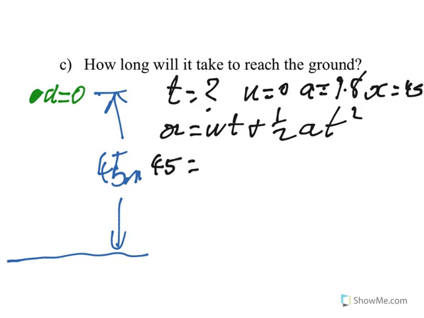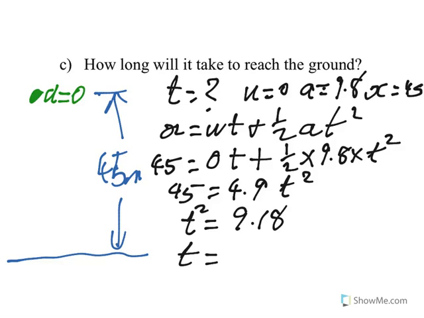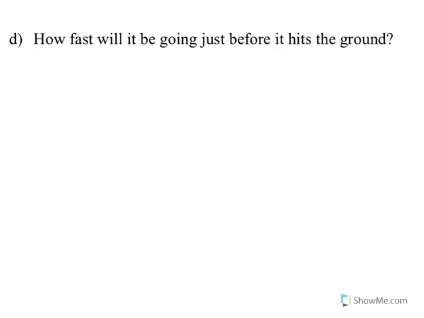So 45 equals 0t plus a half times 9.8 times t squared. So 45 equals 4.9 t squared. Divide both sides by 4.9, you get that t squared is 9.18, and then square root that, you get 3.03 seconds. Alright, so again, we're just using the constant acceleration formula here. Alright, so the next question then is